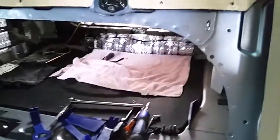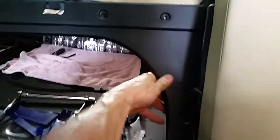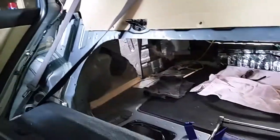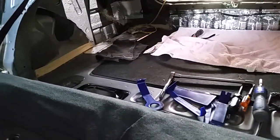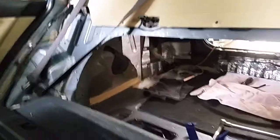So if you want to fold down the rear seats, you'll find this trim that goes around the outside of the opening here. Just remove all those screws, both sides, and take this off. Make sure you got a good place to set your screws so you don't lose them. After that,